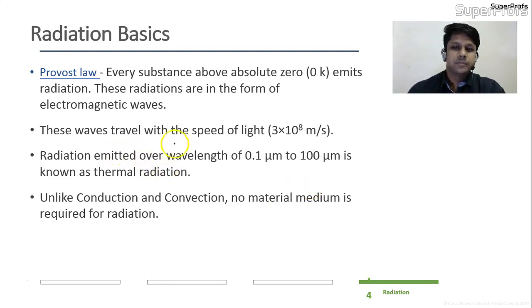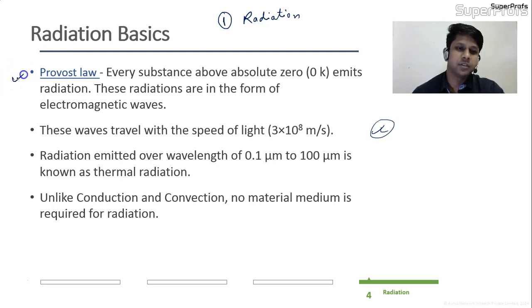So you may remember in chapter number 1 itself, when we were discussing radiation in brief, I discussed these things. So there is a Provost law. I did not tell you the name of this law in chapter number 1. Now I'm telling you this is Provost law, and you have already discussed this law. So every substance above absolute 0 Kelvin. So if there is any substance whose temperature is